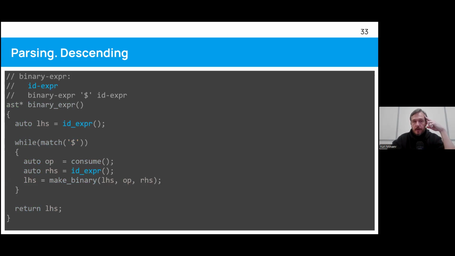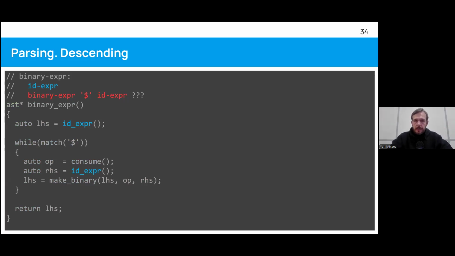And the question arises, what's that? Why aren't we using it, right? The binary expression is never called. And that is because our grammar is written recursively. So binary expression is defined via itself. And if we called binary from binary, we could easily cycle infinitely and eventually probably crash because that's a recursive chain of calls.